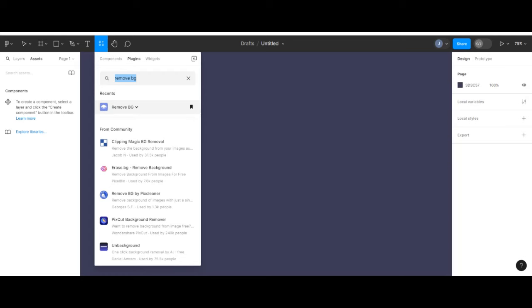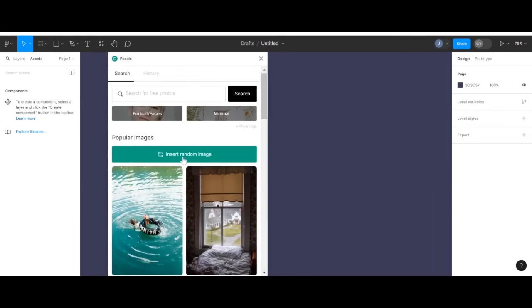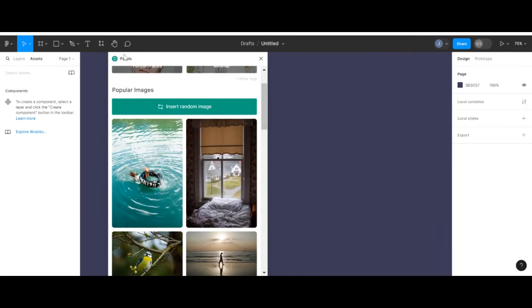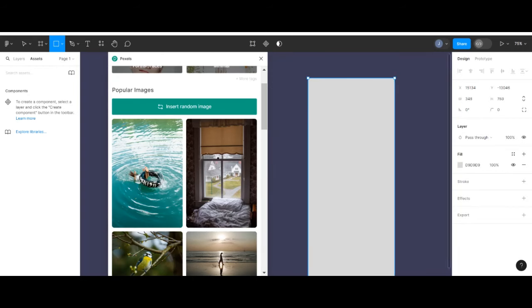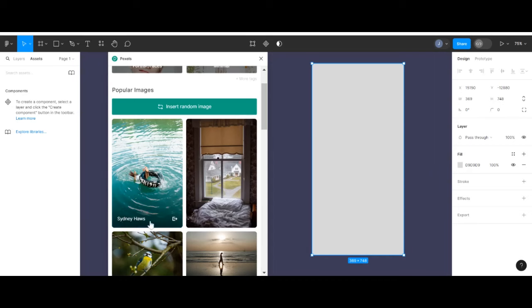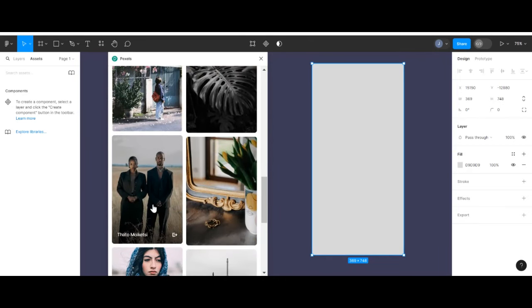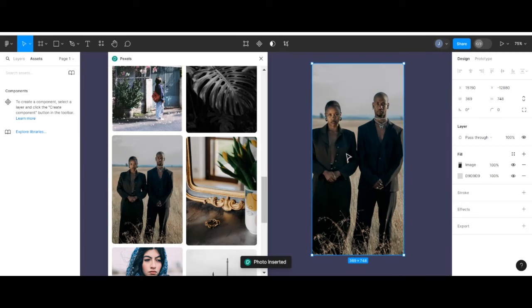So we'll find our image which we need to take away the background. I'll use Pexels this time. I'll be working with a random image, therefore I'll create a frame for my image. Click on, let's use this beautiful couple here. Next,